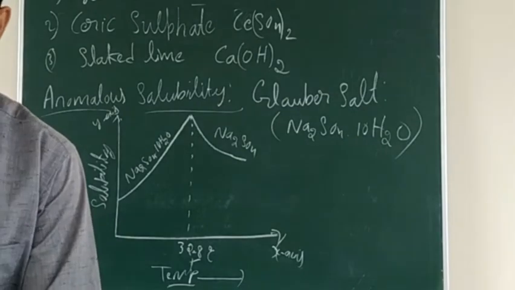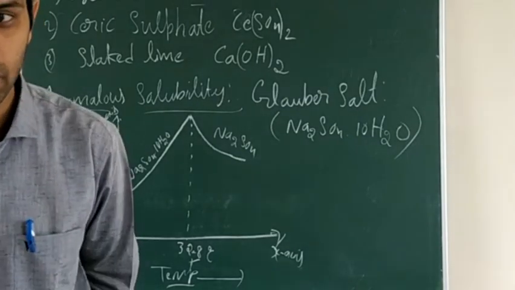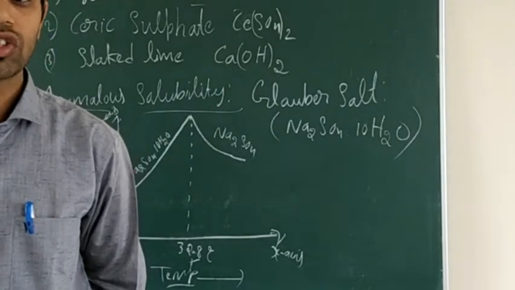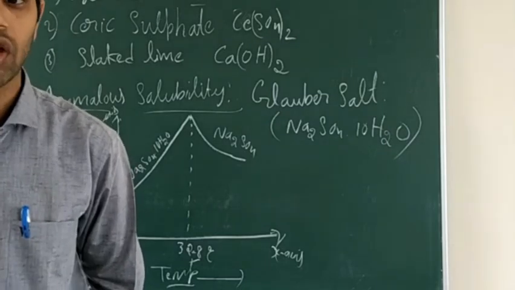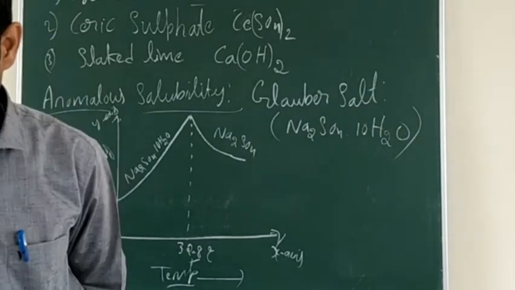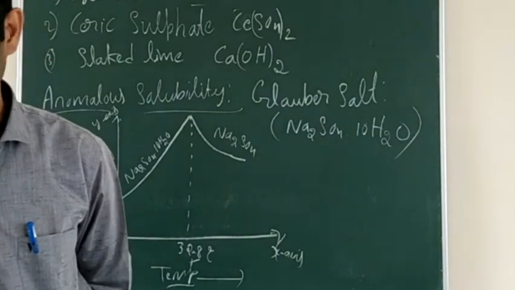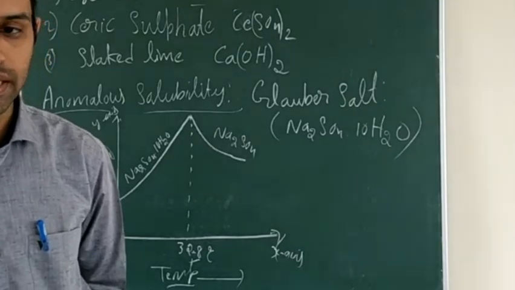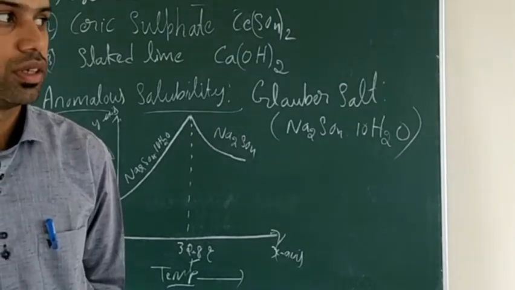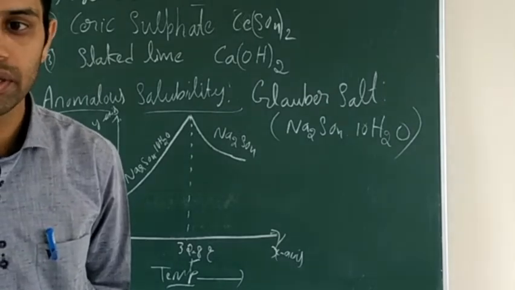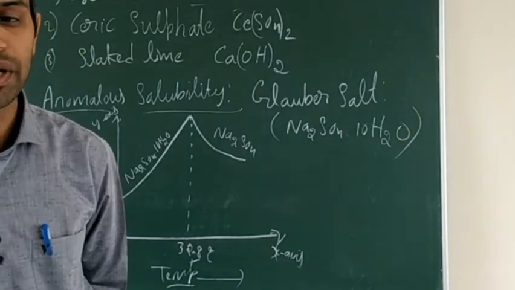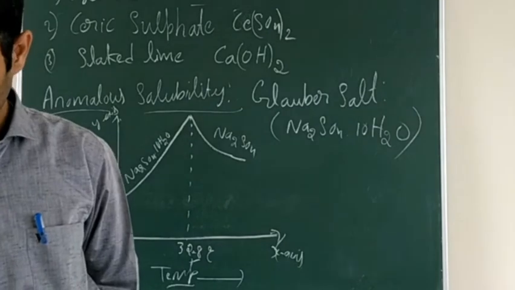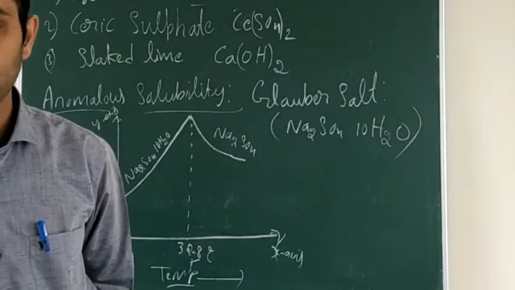Next, endothermic process. In the case of an endothermic process, as the temperature increases, their solubility increases. Whereas in the case of an exothermic process, as the temperature increases, their solubility decreases. The first usage of the solubility curve is to determine the solubility of a substance at a particular temperature. And the second one, the effect of cooling a hot solution of different substances can be found from the curve.